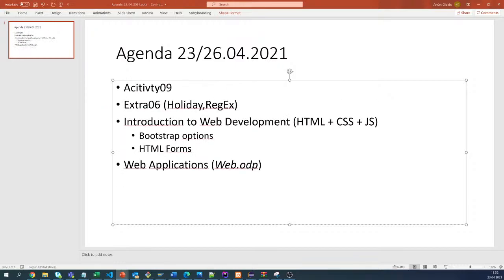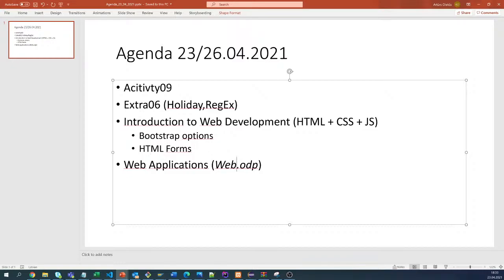So we'll start with the review of the activities for home task, activity 08, 09 and Extra06, and then we'll take a look at some Bootstrap options, just some simple features of what we can do using the Bootstrap framework, just a little bit, and then we will mostly start